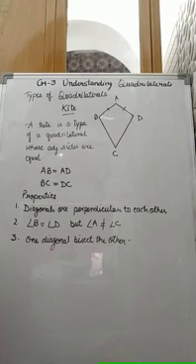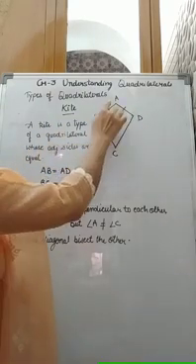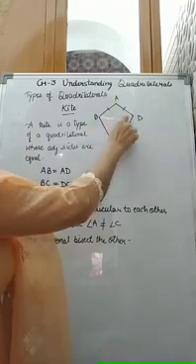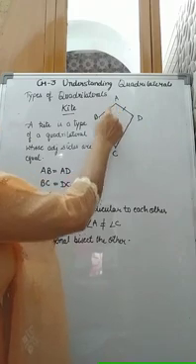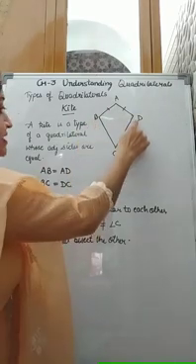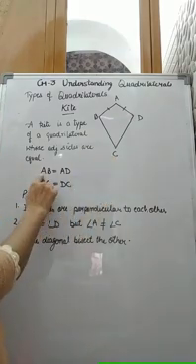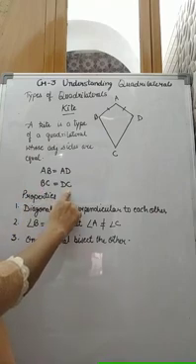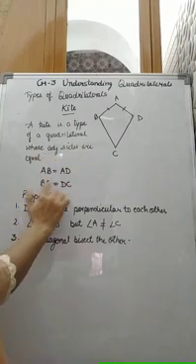Now, let's start with the next type of quadrilateral, that is kite. So ABCD is a kite here. In this, adjacent sides are equal. AB and AD are two adjacent sides, because here A is the common vertex of them. And BC and CD are the other pair of adjacent sides in which C is common. So AB is equal to AD and BC is equal to DC. A kite is a type of quadrilateral whose adjacent sides are equal. So I have written adjacent sides are equal.